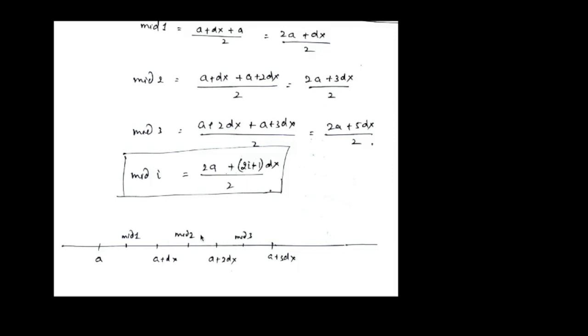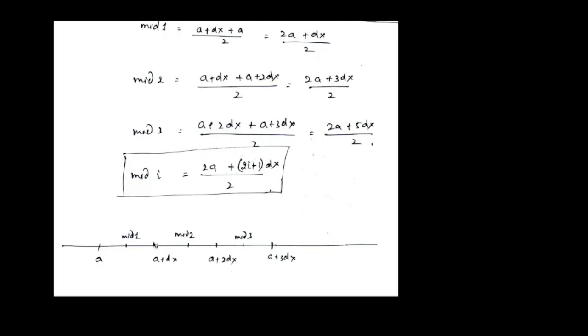Okay, so let's have a look now. Here I have drawn an axis where this is the start of the integral, that is a. So x is equal to a is here. The diagram is a little crude, so please pay attention. This is where my first strip ends. The coordinate of the point where the first strip ends will be a plus dx. The width of the strip is dx, I have taken. So it is a plus dx. Then the next strip ends here.